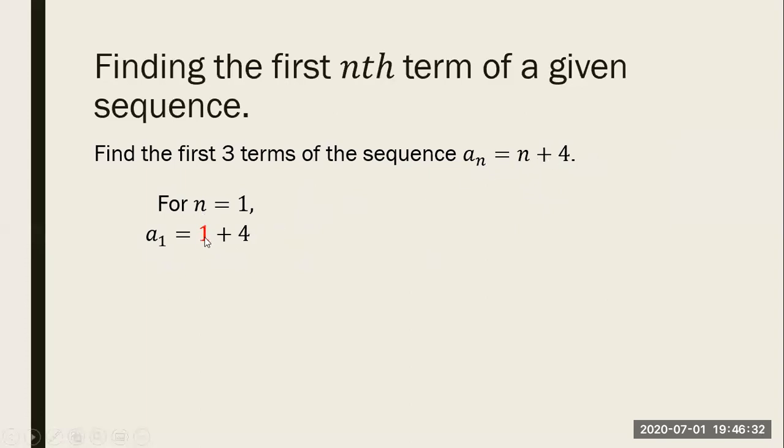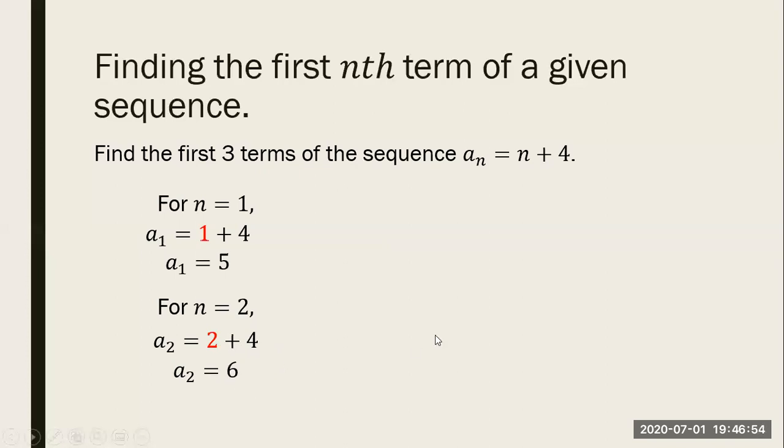So, kaya ito ay nagiging 1. Then, simplify. So, we have a sub 1 equals 5. For n is equal to 2, ganun pa rin, substitute the value of n to our equation. Dito. So, we have 2 plus 4. Simplify, we have